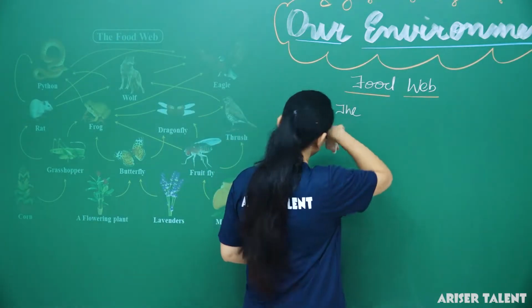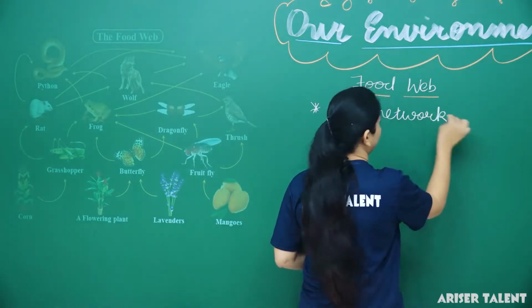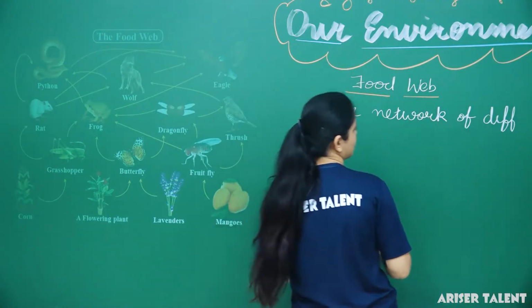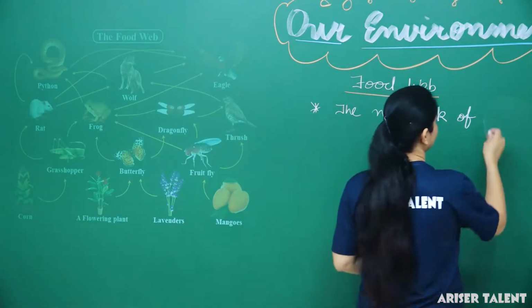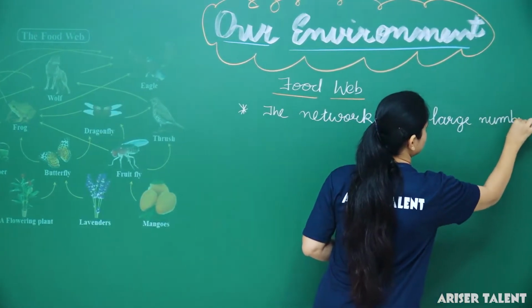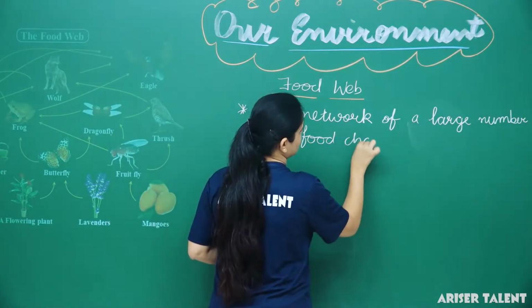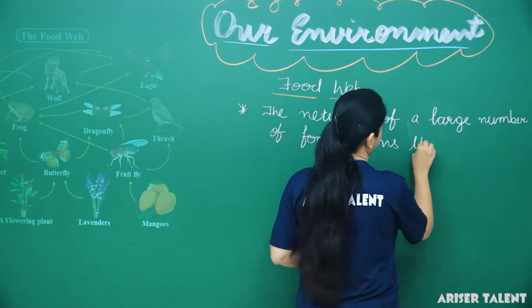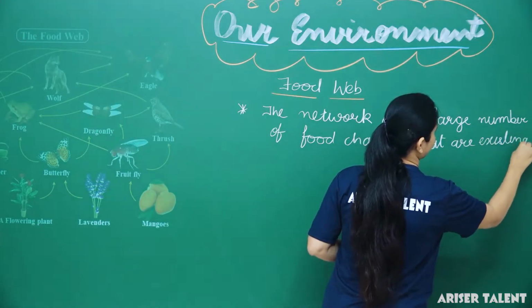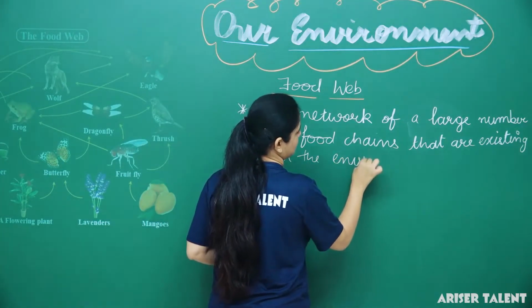The food web is the network of a large number of food chains existing in the environment. Okay,